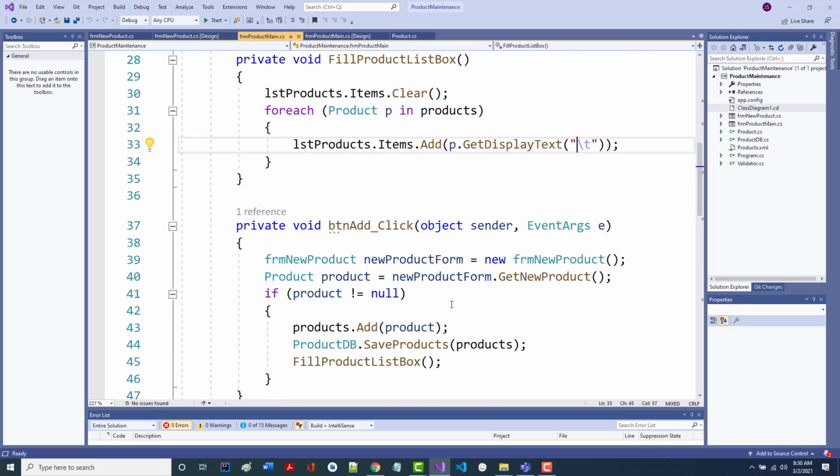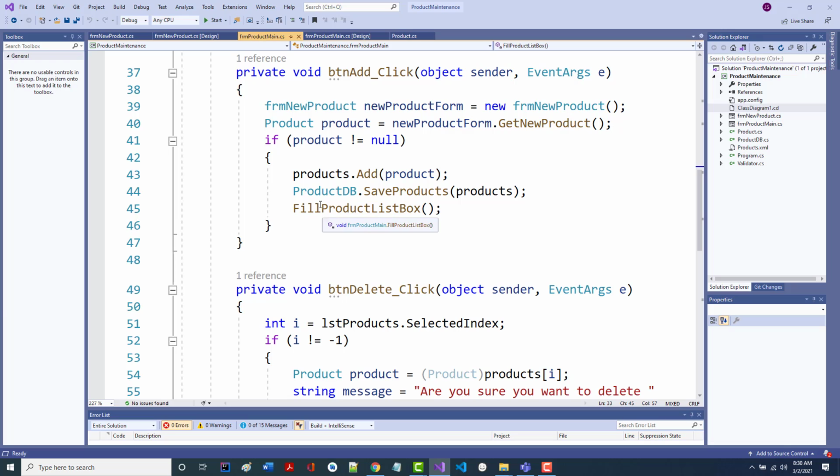All right, so this is what happens here when we call the add button. Notice it's going to bring up a new form. You note that happened right away. That came up on the screen. That's what this is doing. Then it's trying to create a new product based on that form. If product is not equal to null, in other words, if you left it blank, there's not much you can do with it. And that's all going to be handled.